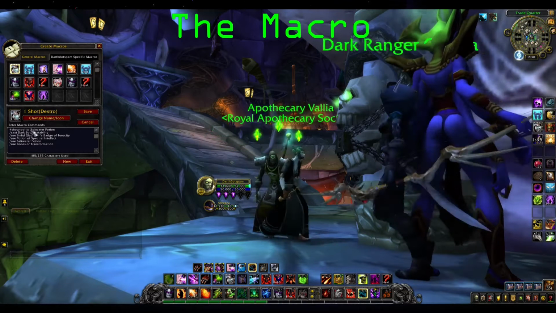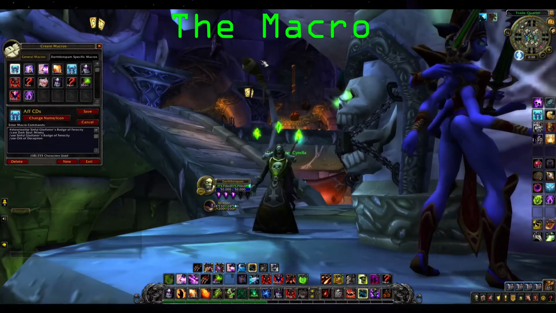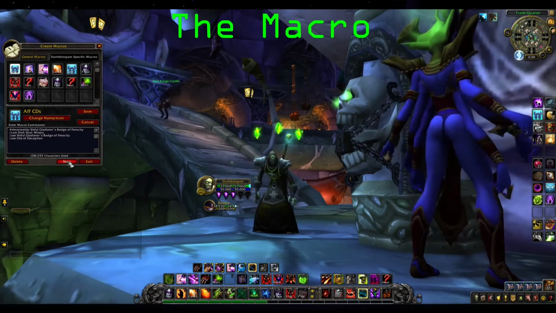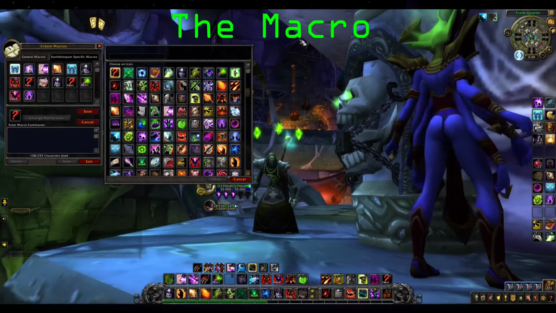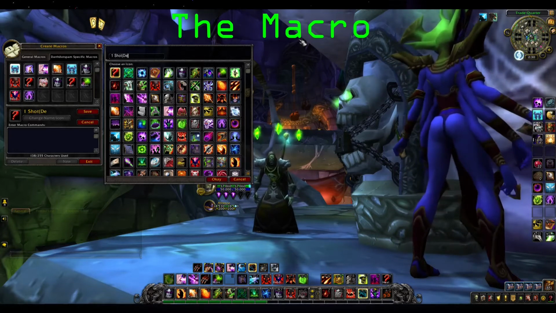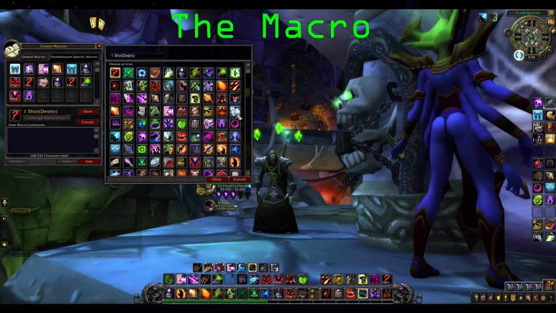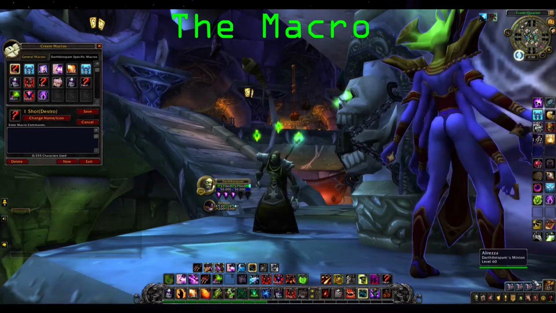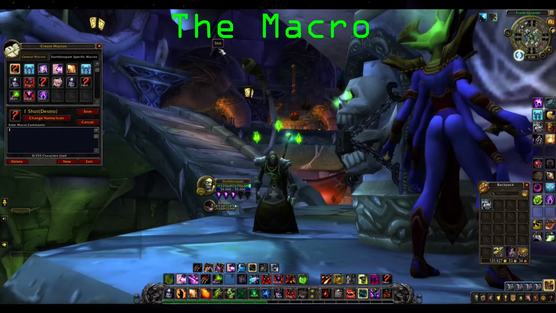So I have the macro that you will need right here, so I'm just going to go ahead and delete it and remake it with you guys to show you what all you need to do. So you need to go down here to new to make a new macro, and you can title it whatever you like. I title mine One Shot Destro or something like that, so I will know exactly what it is. So go ahead and hit OK,